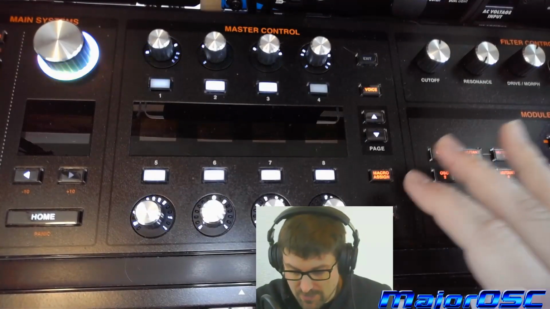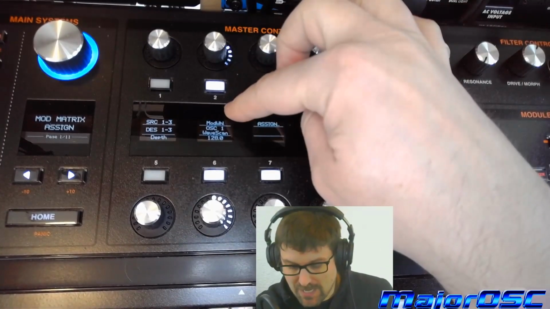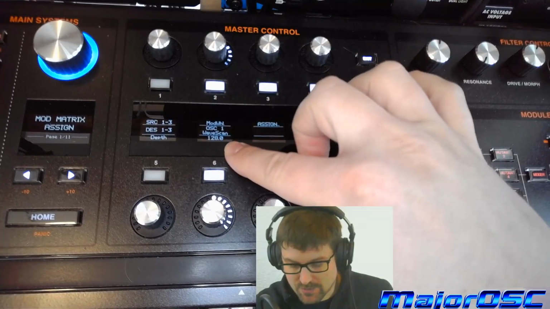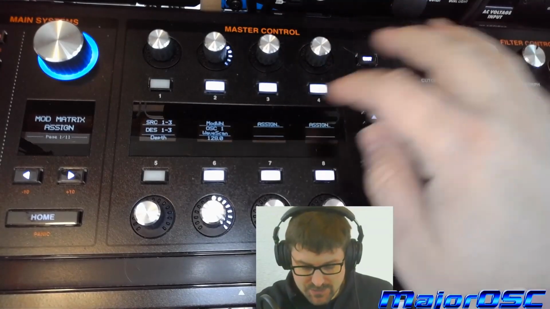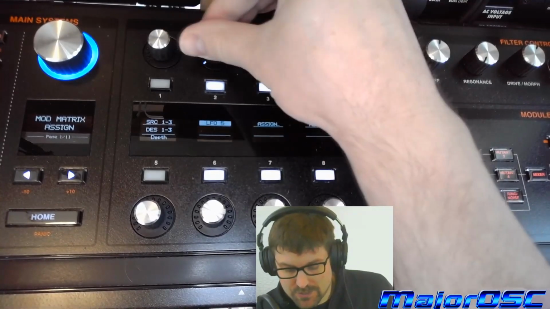I first set up a simple mod routing. So in slot one, I go to mod wheel and then I assign it to wave scan of oscillator one. That's done by doing this. I'll just go through the motions here. Scroll over until you see